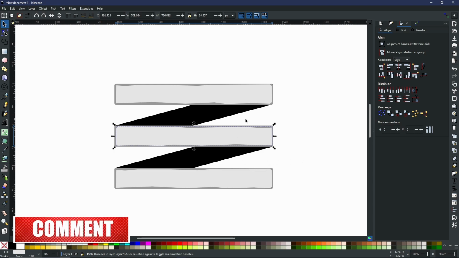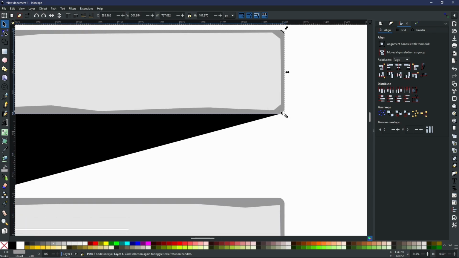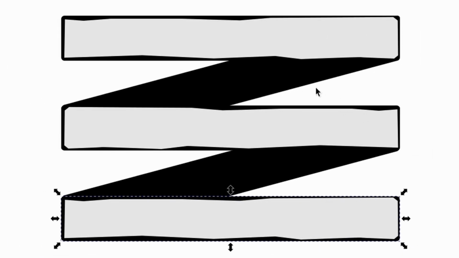Now, in order to get these to look more cohesive, we are just simply going to zoom in, select the shape behind them, and we're going to turn them black. And now we have something that looks a little bit like this. But we can do one more thing to make sure this looks a little bit more convincing. And that is by adding a little bit of a tail on each end. So on this top left end right here, and this bottom right here,